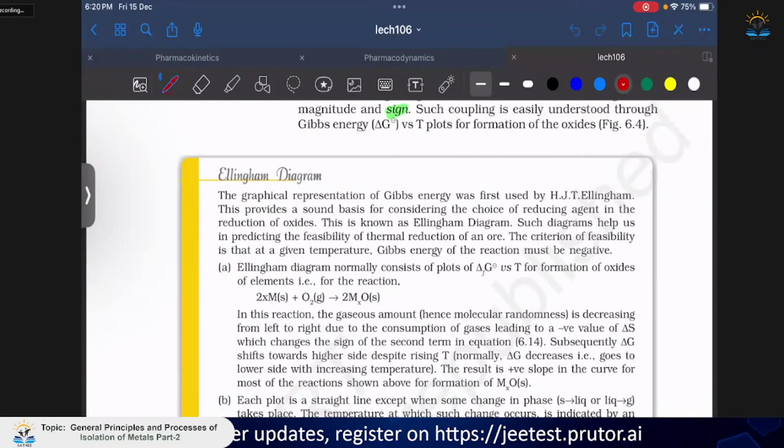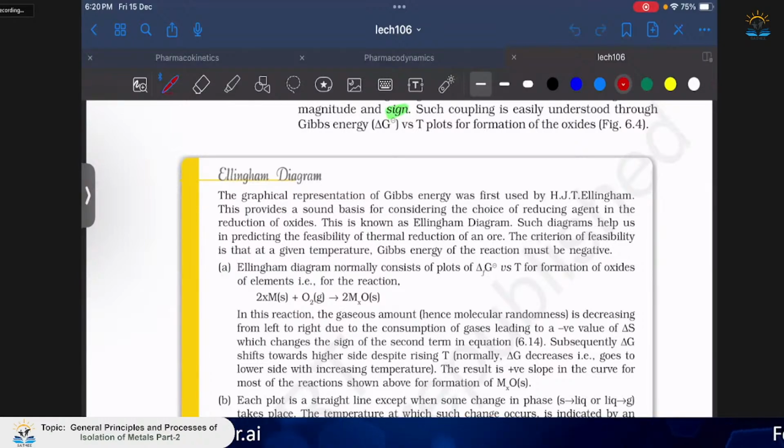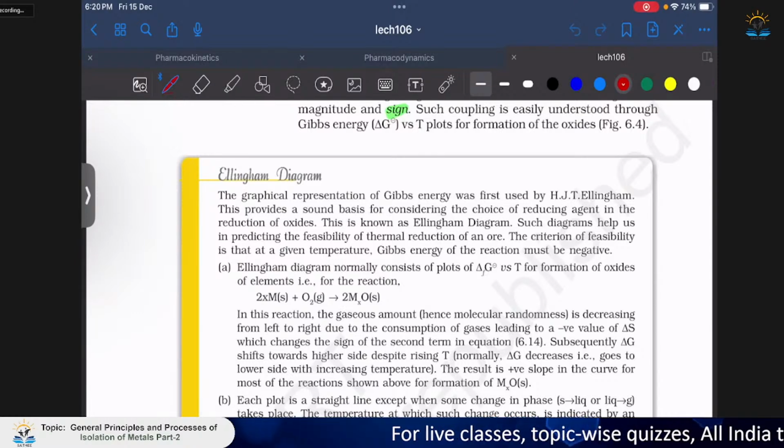All of you know that the reduction of metals from the oxides or any other compound requires a lot of temperature because the enthalpy of the reaction is very positive. To make delta G negative, there are two ways. Either you add a reducing agent whose Gibbs free energy change is highly negative,